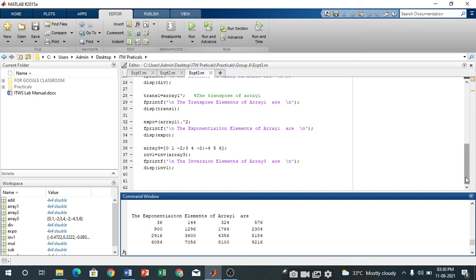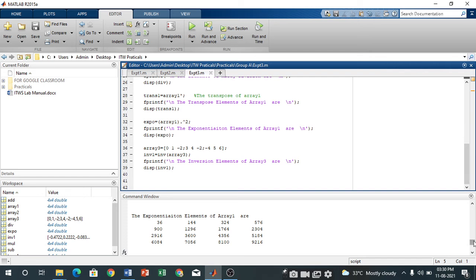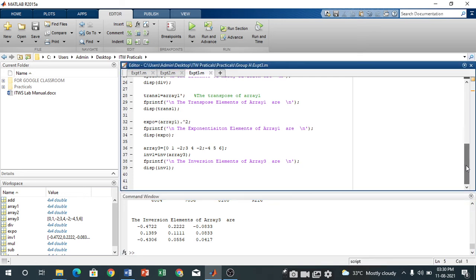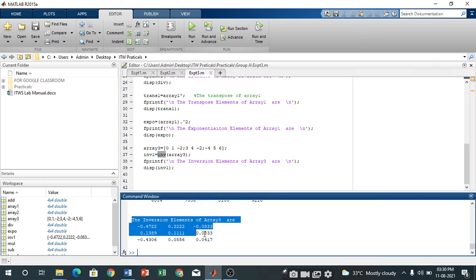Then the inversion operation is also available, which calculates the inverse of a given array. I am passing array 3 here, that is 0 1 minus 2, 3 4 minus 2, minus 4 5 6. After applying this command, it displays the inverse of the given array.